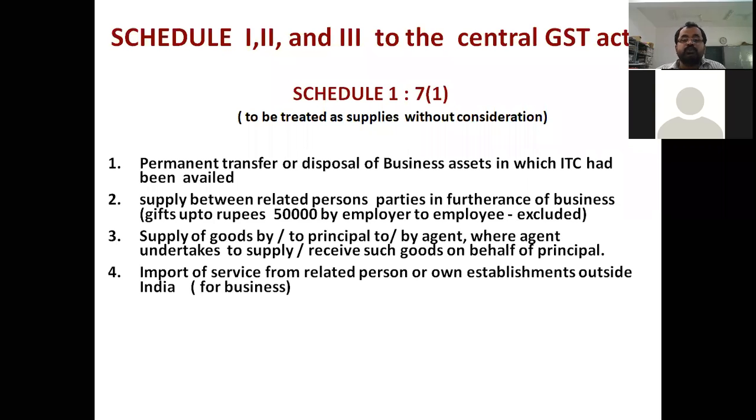Then supply of goods to the principal or by the agent, where the agent undertakes to supply or receive goods on behalf of the principal, also comes under the GST regime. The import of service from a related person or own establishment outside India for business also comes under the GST regime. These are some